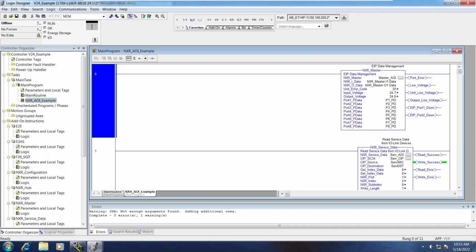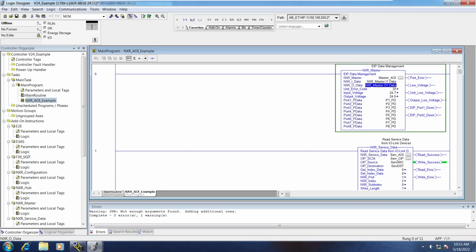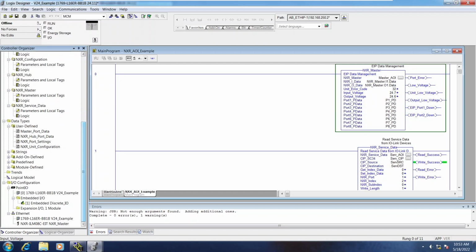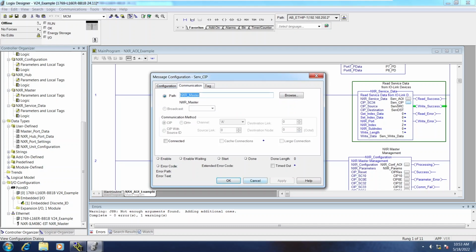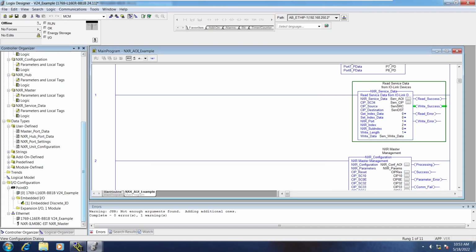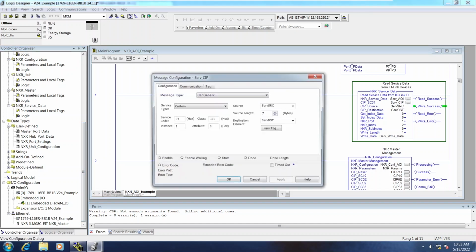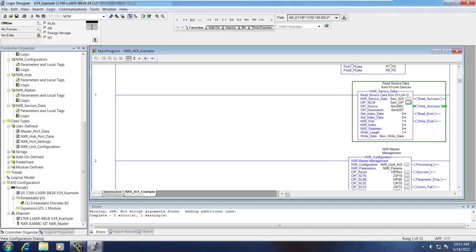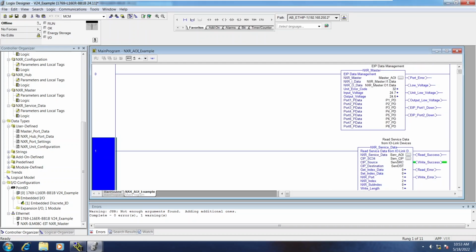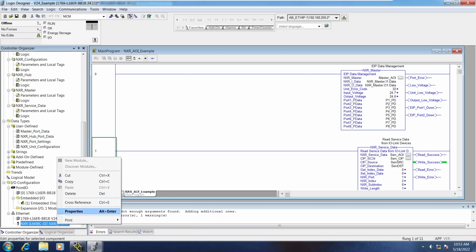Now looking at the code in the example project, there are many references made to the NXR master, which is why it's important that that data link was added prior to importing this routine. It's referenced both on the NXR master AOI here, and all of the SIP messages reference it in the communication tab. So if you were to call yours something different before importing, all of these connections in the communication tab will be broken, and you'll have to go through and reestablish all those connections again on all of the SIP message dialogues. But since mine is called NXR master, the import was smooth and all those connections were made,